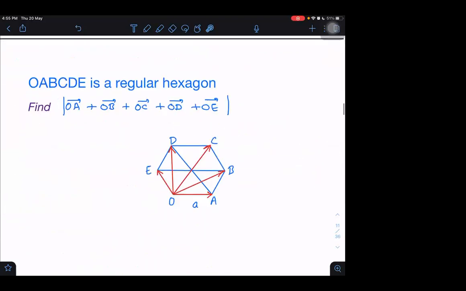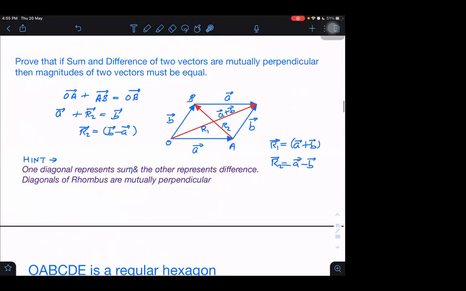Now, we get the answer on R2. Zero, no? All are equal magnitudes. Then what do you want to say? R2, resultant vector 2, equal to 0, no? The magnitude of all is equal to A. Then A vector minus A vector equals 0, no? Oh my God, these are vectors. It is not a difference of 3 minus 3 is 0 in vectors.